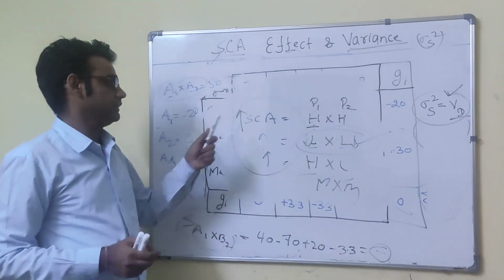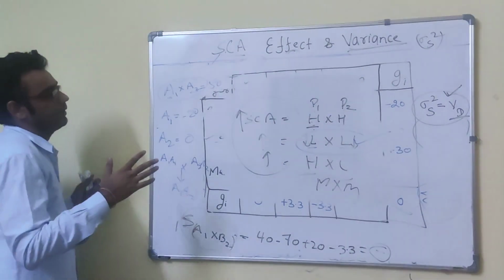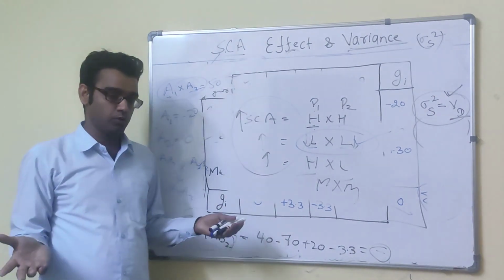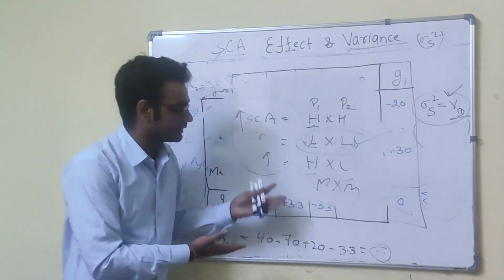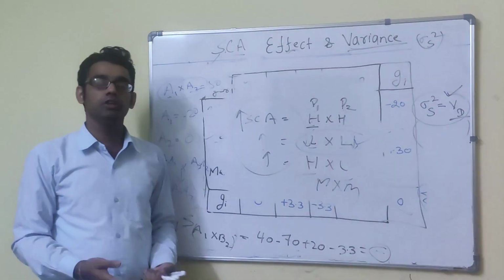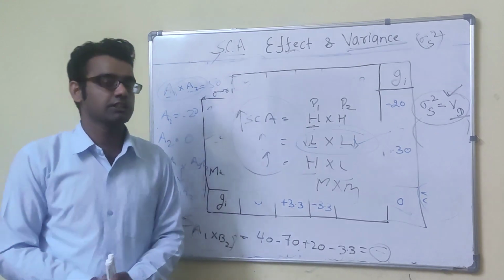It means when you use parents showing low into low GCA, the SCA effect is high. So this was about the GCA effect in the previous video and the SCA effect in this video. You can take any example and solve it. You can also share this video with your juniors and friends. Thank you all for watching our video.